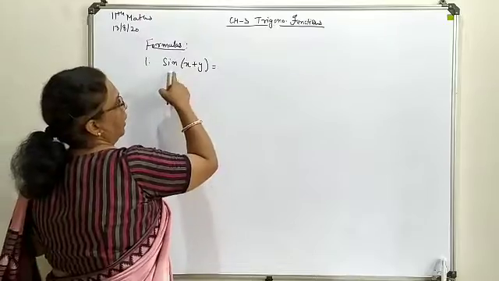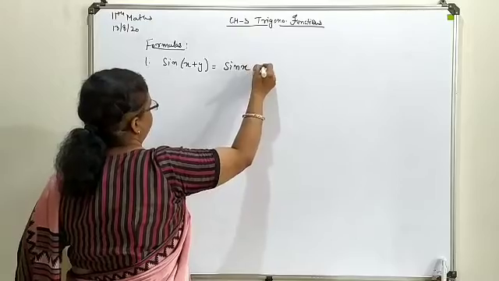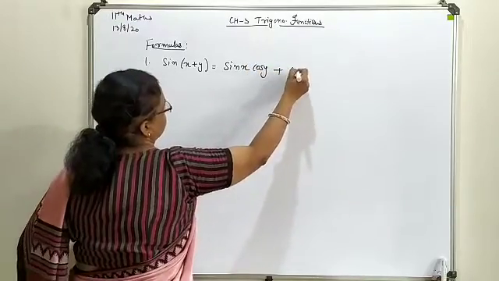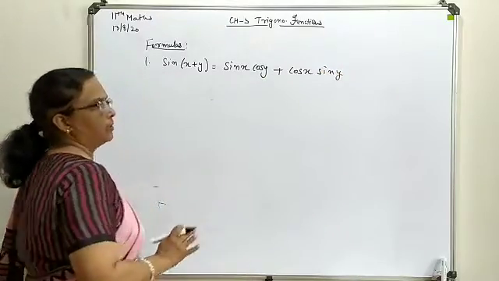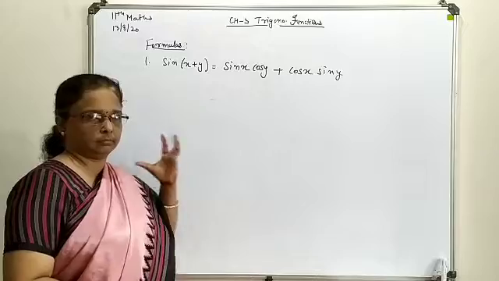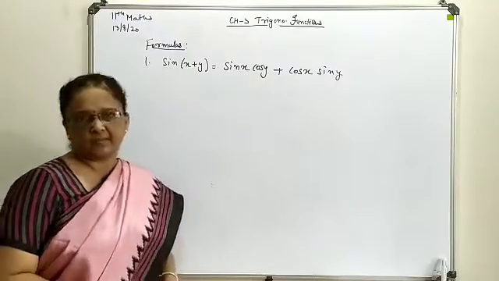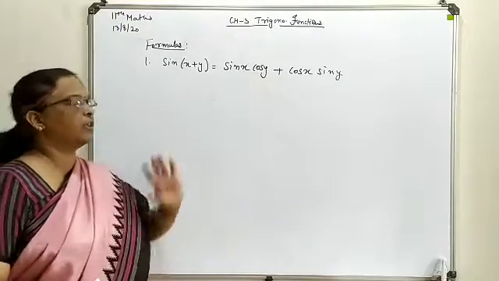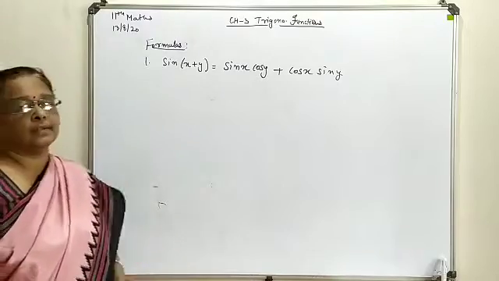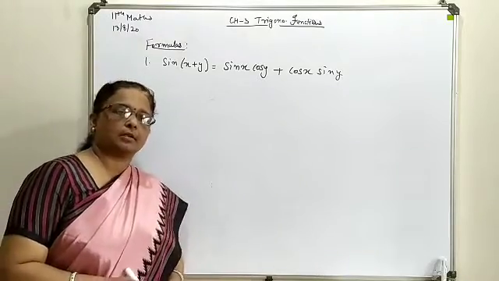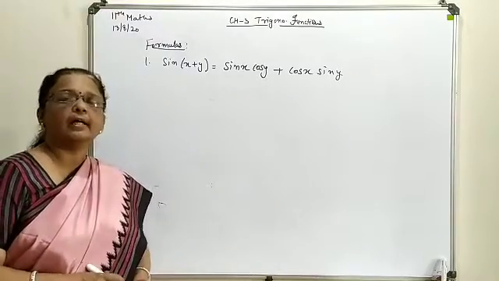Now here it can be expressed as sin x cos y plus cos x sin y. This is the expanded formula, you can say. How to just keep this formula form in your mind? First of all, when you are dealing with the sine expansion and plus sign, in between you will follow the plus sign. Second thing, while expanding the sine formula, the first and second terms: in the first term sin and cos, and the other one also will carry sin and cos.